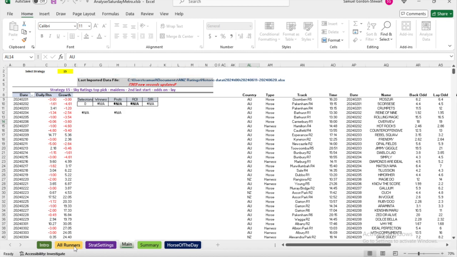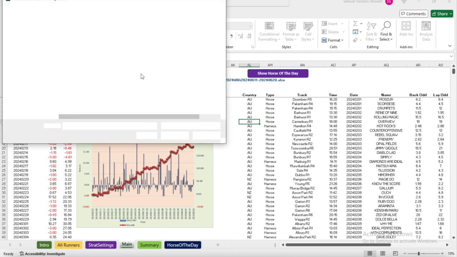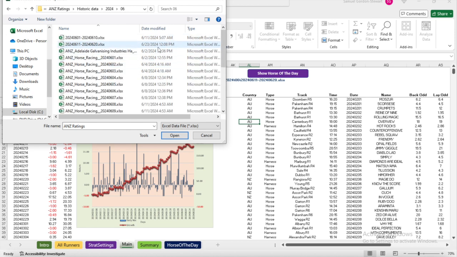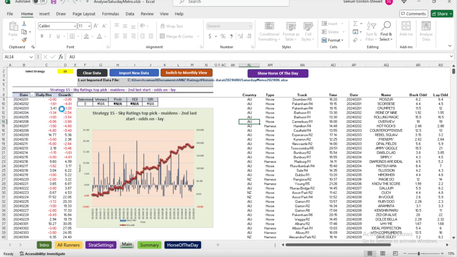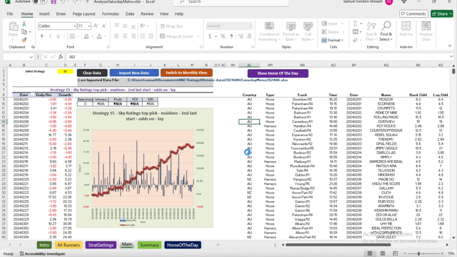Now remember, at the moment this is an empty spreadsheet, there's nothing in here. So we will import that one that we just created, which I saved as Saturday Metro. 1,729 records, let's import that. Give it a moment to import. And then,